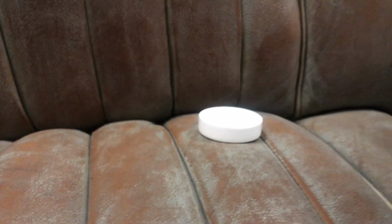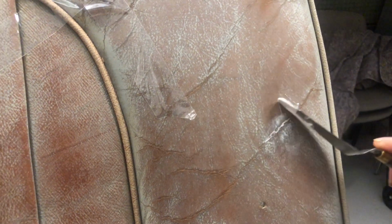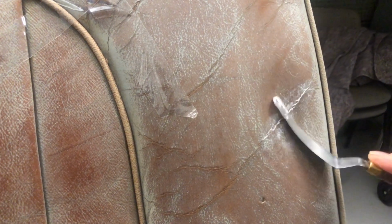So again, with this, just get some on the palette, and you don't want to do that. Definitely don't do that, because this is going to create you massive problems to sand off when this is dry. You've got to try to leave the filler in there, just like we've got here, literally just in that cracking. That's where you want the filler to go. That's why I'm using the spatula to run that down and then get the excess off. You definitely do not want to do that, because you will be sanding for hours and hours and hours,